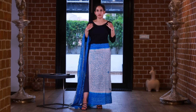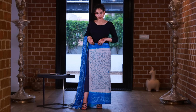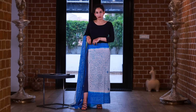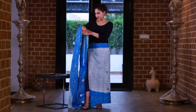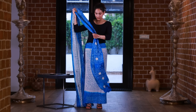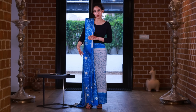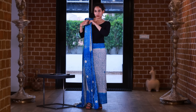So the third look that we have for today is called an infinity sari look. I've started off with just a full sleeves t-shirt, in this case black, and some leggings, and I've taken the sari and draped it like a regular one, just starting off from the left side and moving one step around. And then you can prep it by pleating actually the end of the sari and keeping it on your shoulder and allowing the length to be almost to the ground or actually touching the ground,